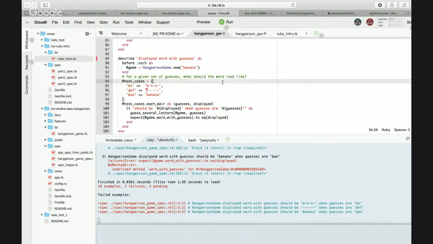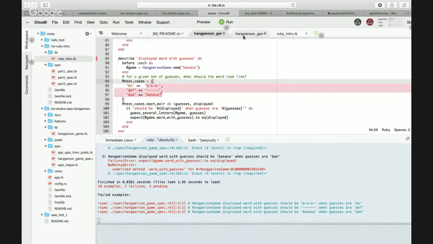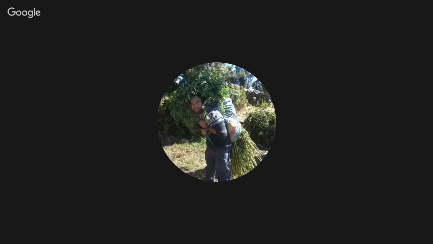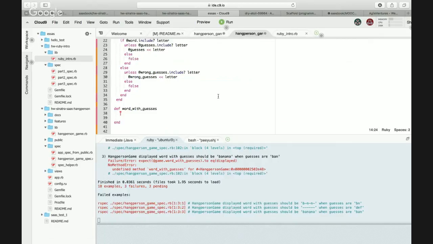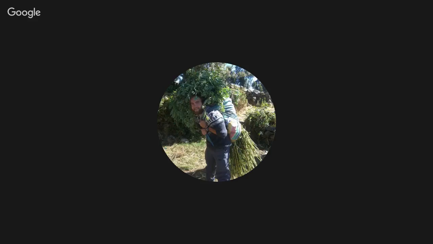Okay. We need to create a hash, right? No, we just have to create a return value, and it has to look like the values of the hash. Okay. So we need to convert it to this format, the string. Exactly. So in this case we need to compare the guesses with the original word, one by one. Yes, exactly. But we have to start with a word full of dashes, no? And then replace them one by one, or no?